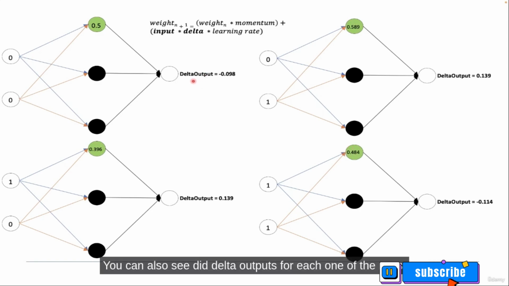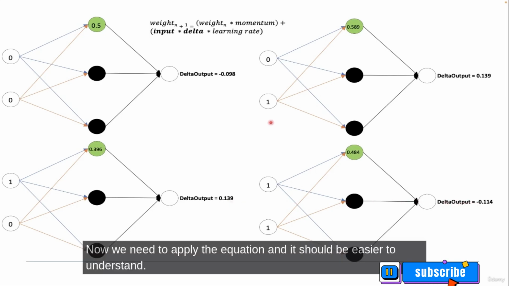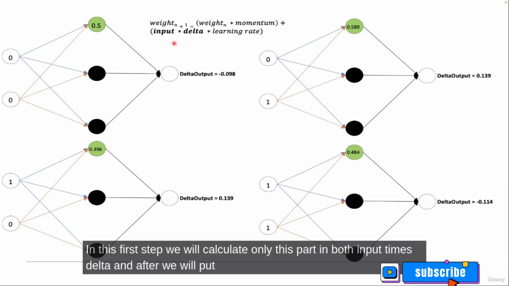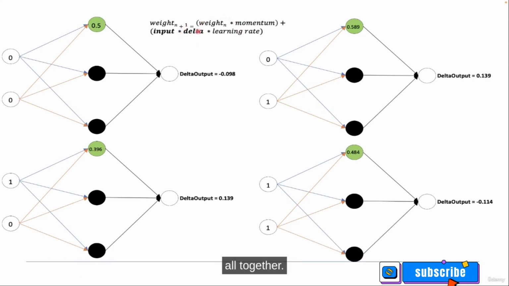You can also see the delta outputs for each one of the rows. Now we need to apply the equation, and to be easier to understand, in this first step, we will calculate only this part in bold, input times delta, and after we will put all together.